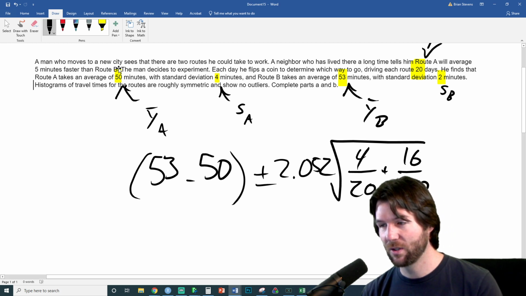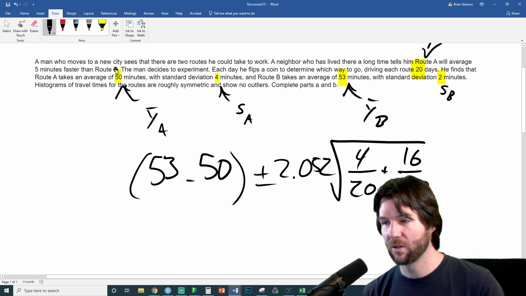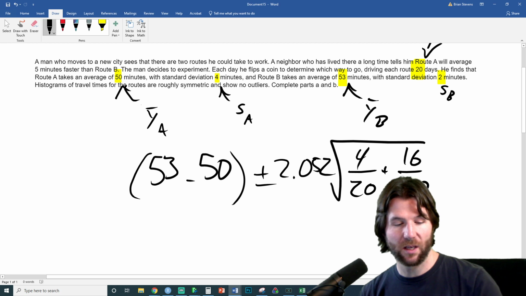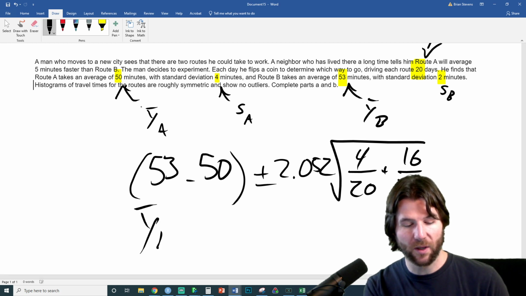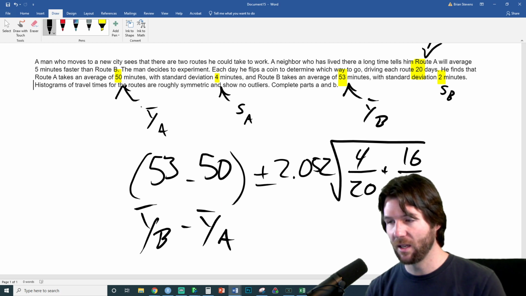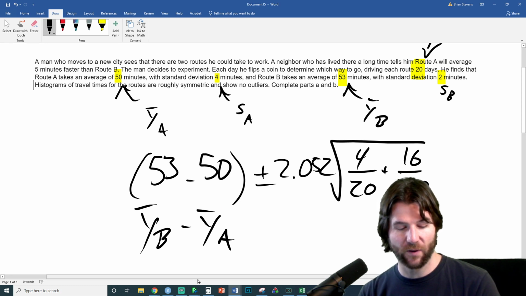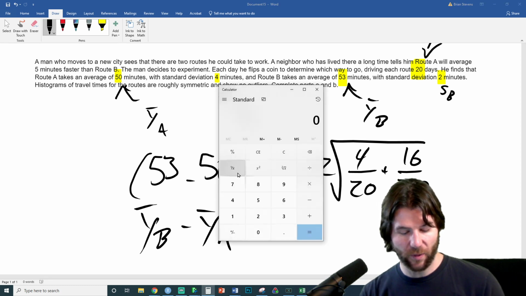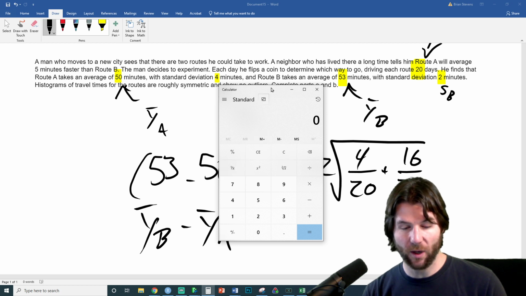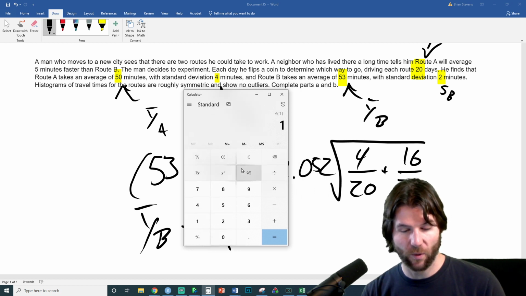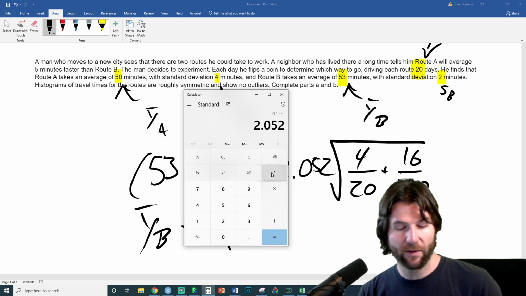Should you just go with the larger value, to avoid the negative results? How do you determine which is the subtracted mean? It's B, because it uses y bar B minus y bar A. So it's the y bar B. It is the larger one for this problem always, but it's y bar B minus y bar A. So you use the mean for B, which is 53 right there. And so that should be square root of 1, which is 1. And then we multiply that by this, which is 2.052. Hopefully I haven't made an error here.